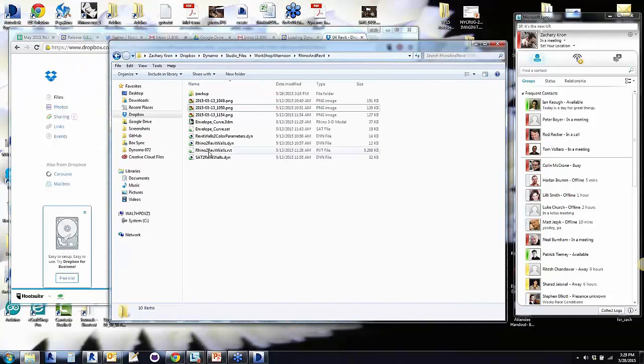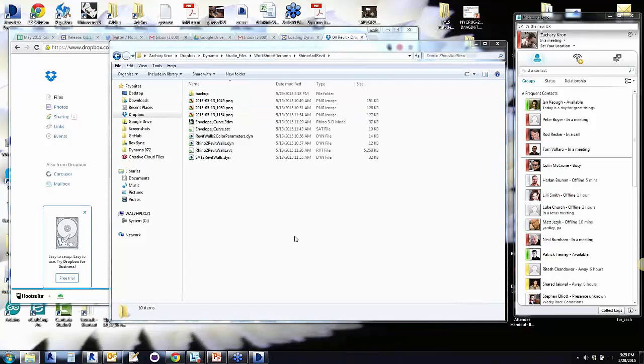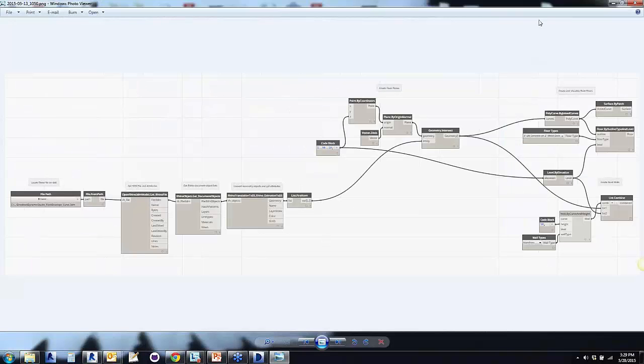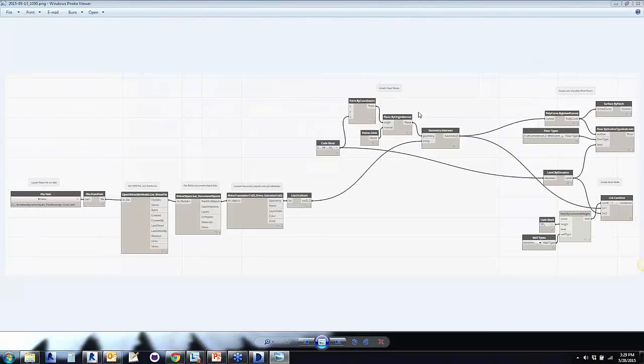All right, so what we're going to be doing is moving a set of Rhino geometry into a Revit file,